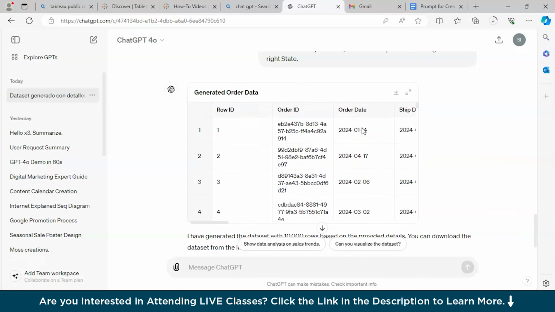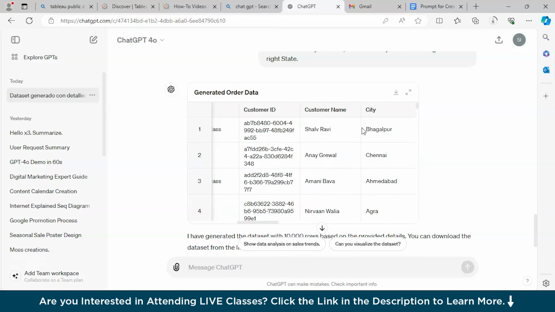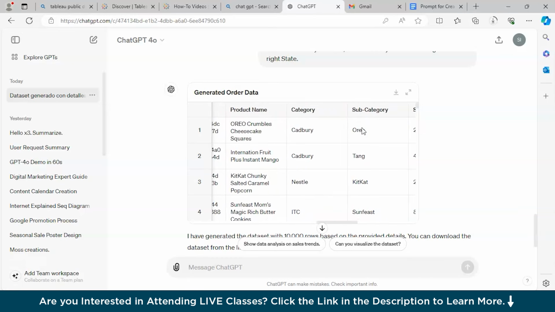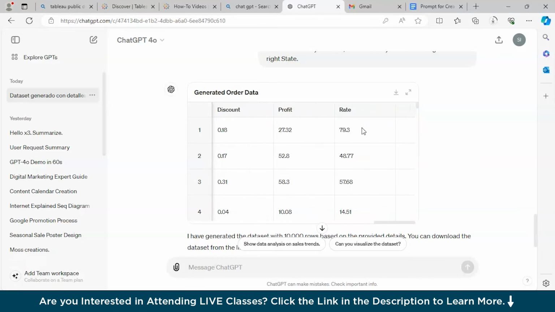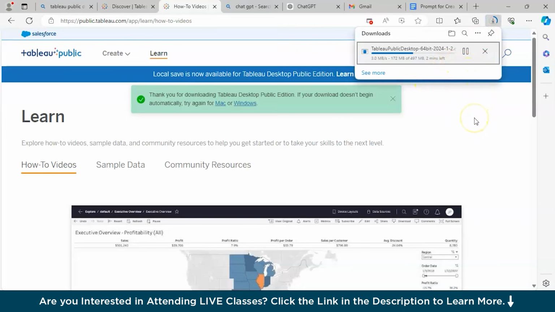Right, so this has created us some data, and it has everything about the ship date, shipment mode, customer ID, customer name, city, state, country, region, product ID, product name, right? Everything that we required, right? Now let's check the progress on Tableau, if it's completely downloaded, so that we can proceed with the installation process. And once the Tableau is successfully installed, we can proceed with the practical demonstration. I can see it's still getting downloaded. Just about 2 to 3 minutes, and we will be ready with the dataset, and along with that the setup